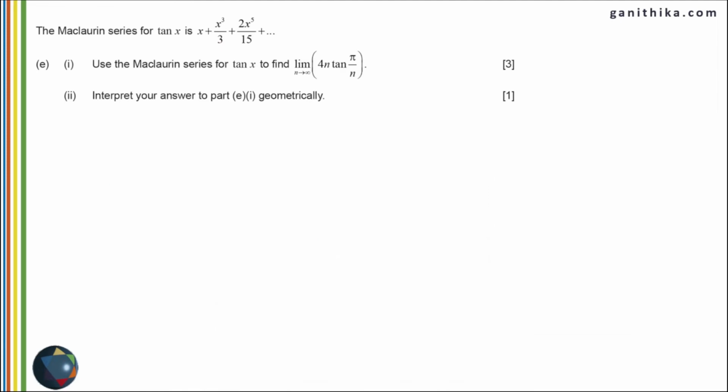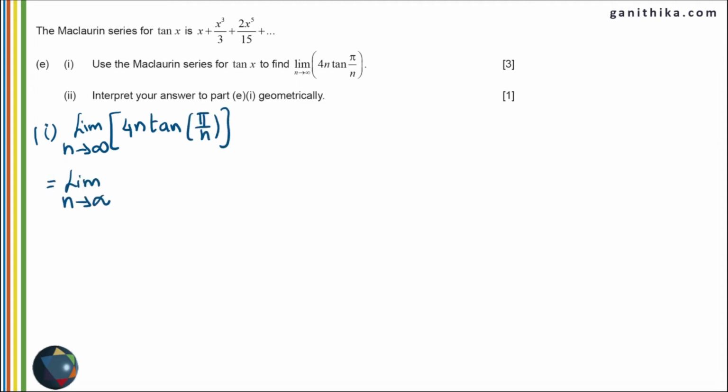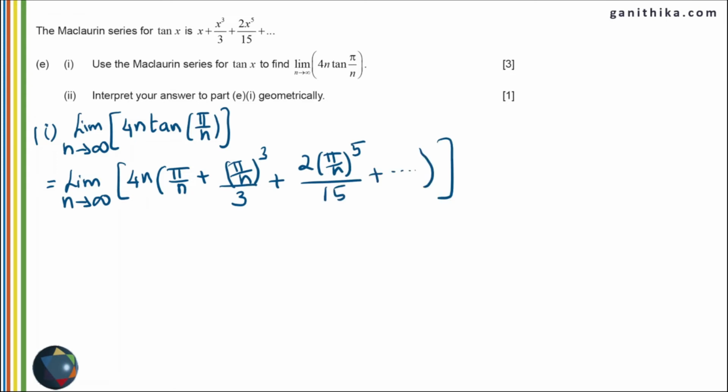You are given the expansion for tan x in Maclaurin's form. Substitute the expansion for tan x into tan pi over n. In the place of x, you will have pi over n from the expression above, and rewriting this in terms of pi over n and simplifying this by multiplying this n to each of the terms. You can pause the video and find the limit by yourself and then check your answer.